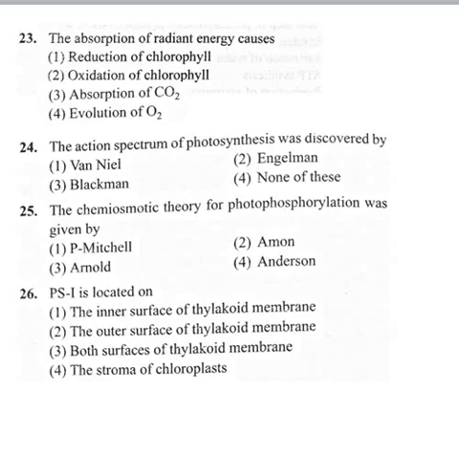Why is oxidation of chlorophyll the right answer here? When the light is absorbed by the chlorophyll, the electron gets excited. Removal of electron or removal of proton or addition of oxygen is called oxidation. So here electron is removed from the chlorophyll. So electron gets excited actually. So oxidation of chlorophyll is the right answer. So when the chlorophyll absorbs the light, the electron gets excited. So it is called oxidation of chlorophyll.